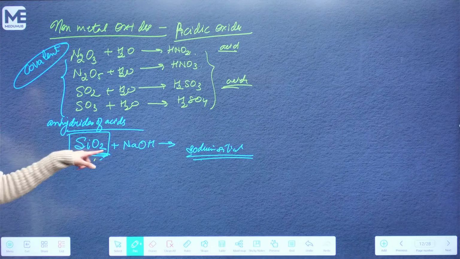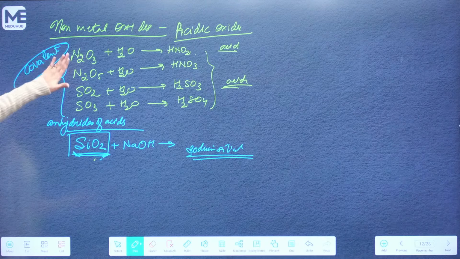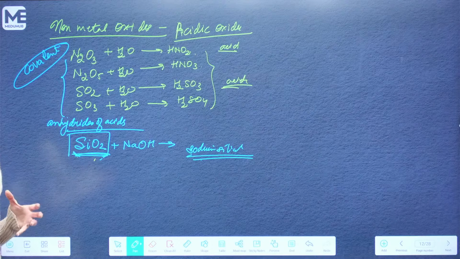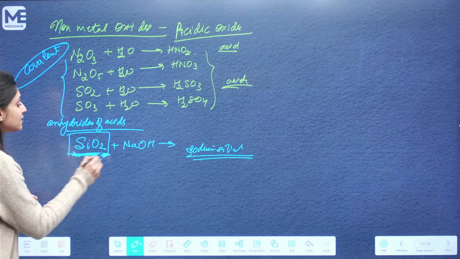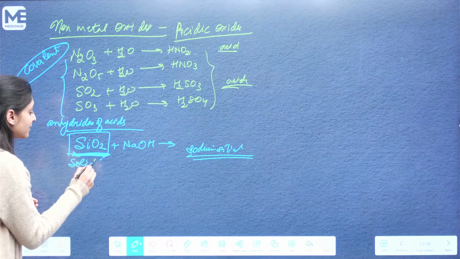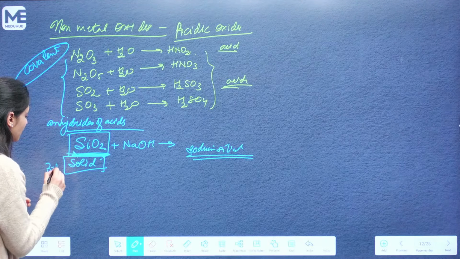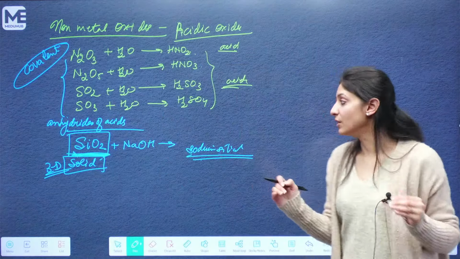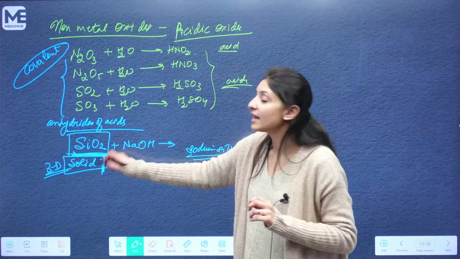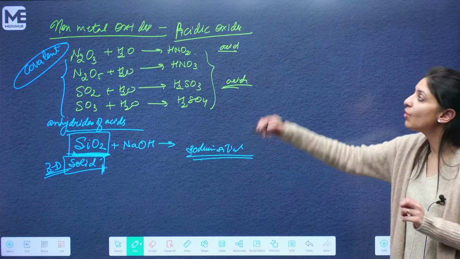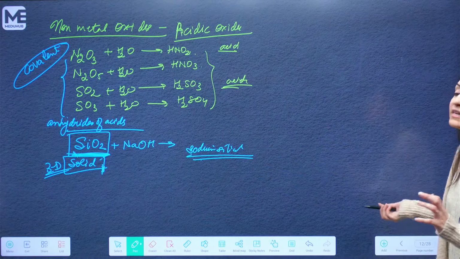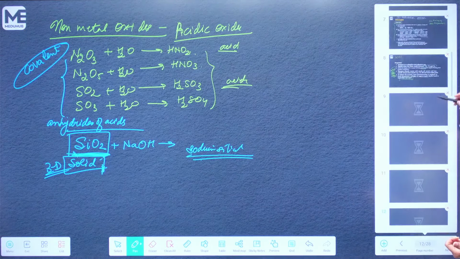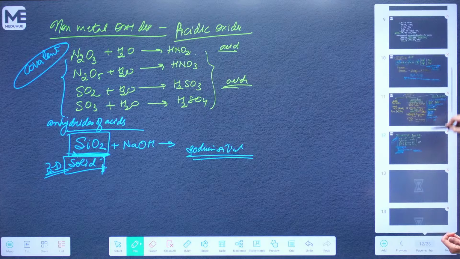Another important thing about SiO2 is that all non-metal oxides are covalent with low melting and boiling points, but SiO2 has a very high melting point. The reason behind it is that it is a 3D solid, so its bonds extend in all directions. So it is a 3D network and it is a solid, and hence its melting point is high. Otherwise, all non-metal oxides are covalent in nature and they have low melting and boiling points. Apart from this,